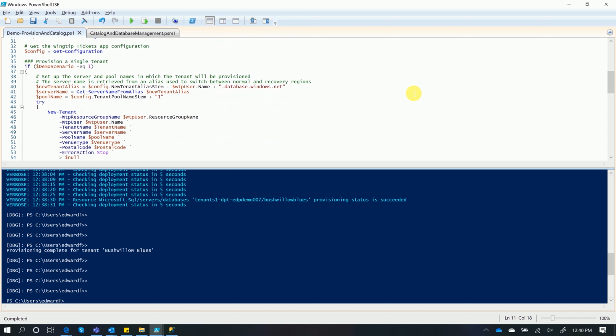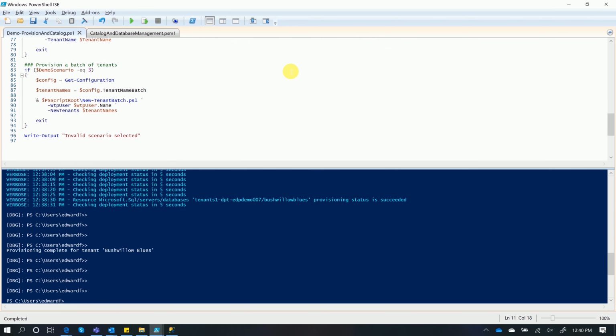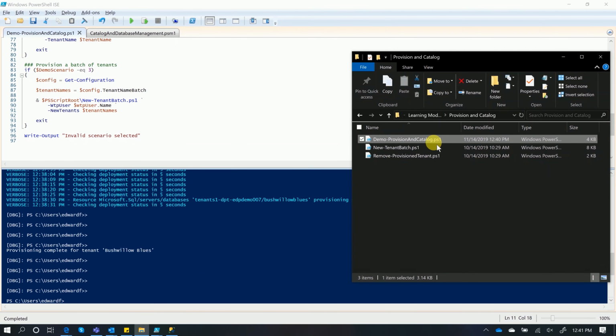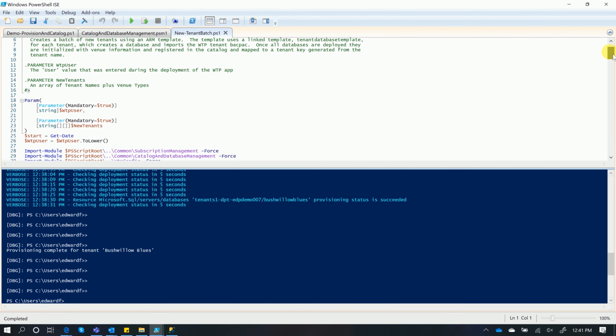So now, once we have one in there, we can switch gears and load in a whole lot of new tenants into the database, which simulates a real-life scenario where you can have hundreds and millions of tenants in an elastic pool, or in a system simultaneously. So for this demo, we're going to have about 20, just to show off how it works. So when we come back over here, create a new tenant batch,